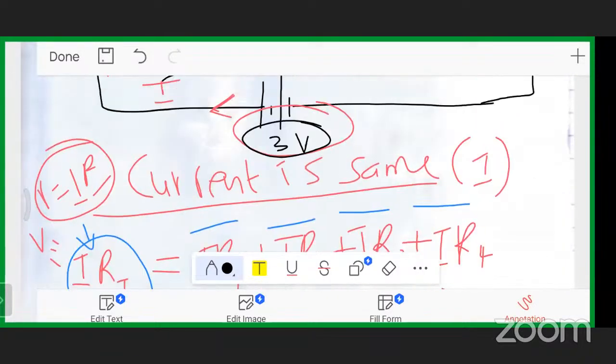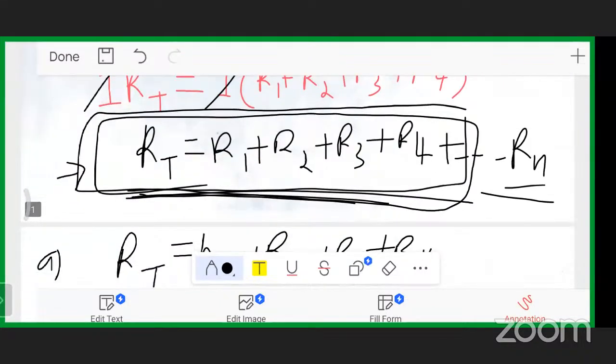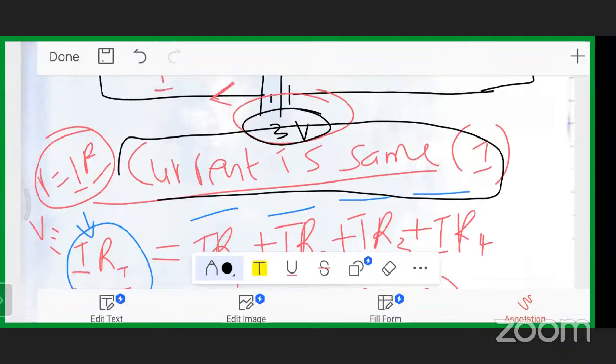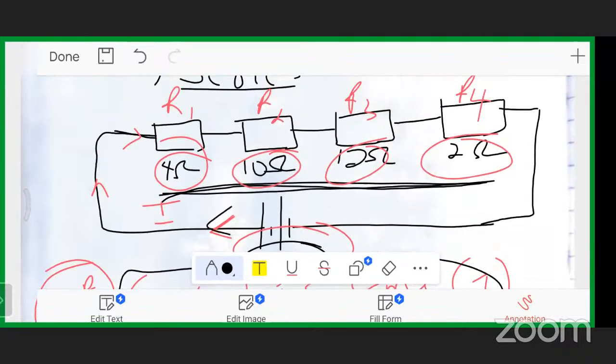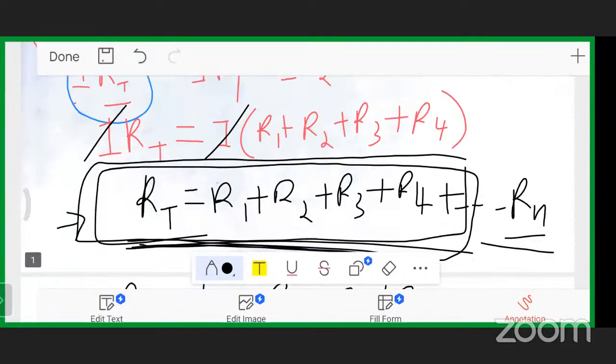And we have said that the current is the same. So that current of 0.1071 is the current I'm showing with the arrow, the same current that gets into R1, the 4 ohm resistor, the same current that will pass through the 10 ohm, the same current that passes through the 12 ohm, and also the 2 ohm. So if somebody asks you to find the current through the 10 ohm resistor, for instance,